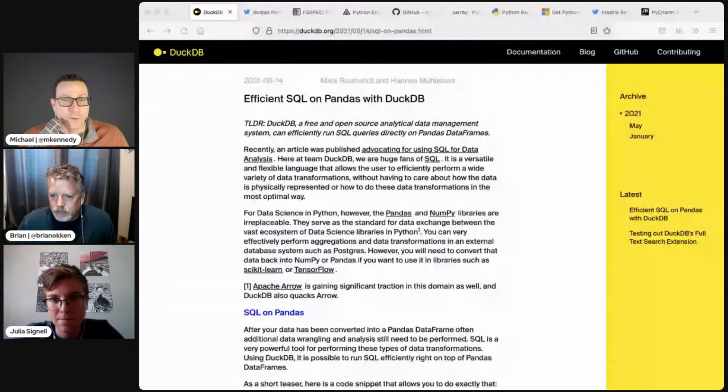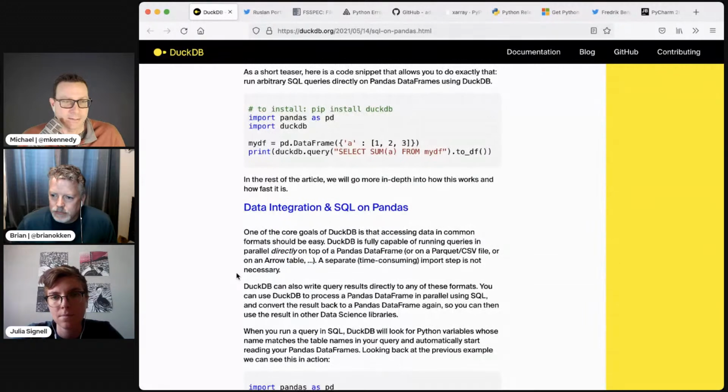I also want to give a quick shout out to the past a little bit. Not too long ago, we talked about efficient SQL on Pandas with DuckDB, where you actually do the SQL queries against Pandas DataFrames. So if you're trying to do something that would be better in SQL, but you don't want to switch all your data over to a relational database, you just want to stay on the Pandas side, but there's that one or two things, this is really cool. This sort of upgrade your data frame to execute SQL with the DuckDB query optimizer